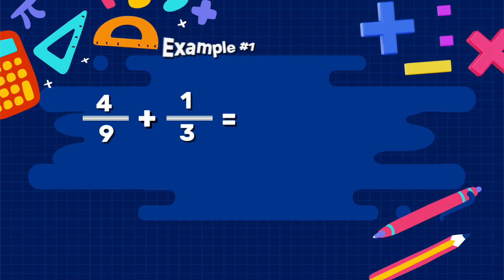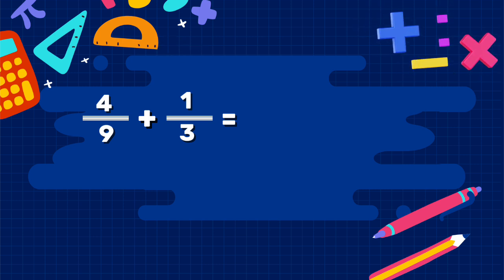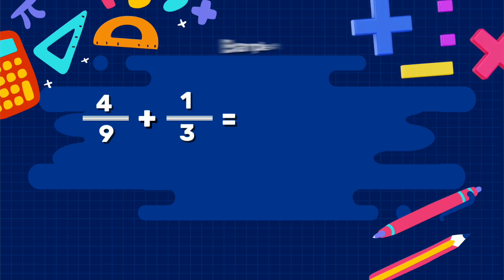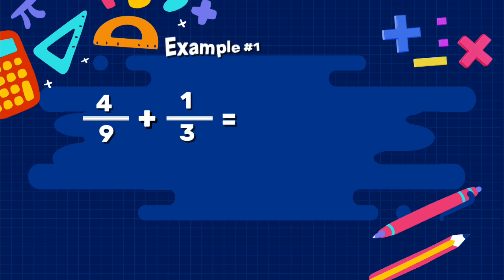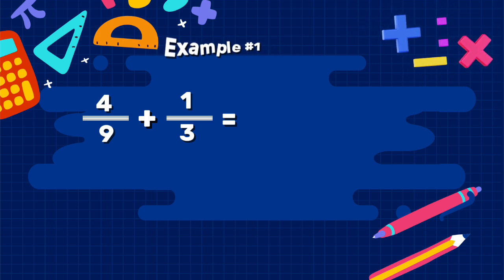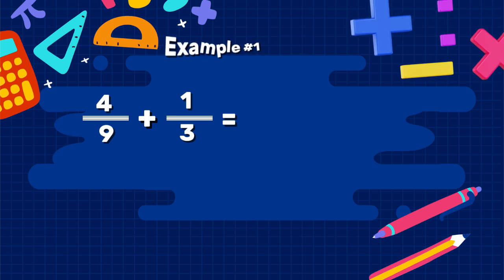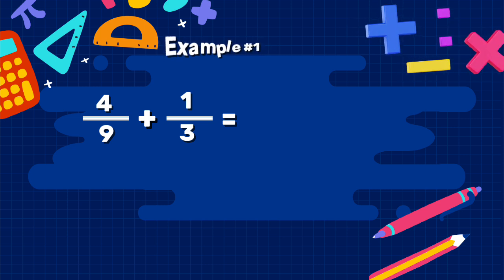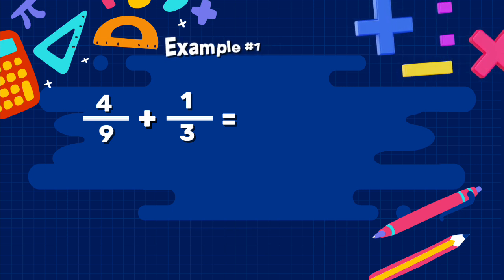So, the first thing that we need to do is find a common denominator, and we can do that by finding the least common multiple between our denominators. You may recognize the least common multiple between denominators right away when you see the problem. But if not, you can always write out your list of multiples in order to find it. Let's write out the multiples of 9 and 3. So, I'll come to the bottom of the screen where I have some extra room to write out these lists.